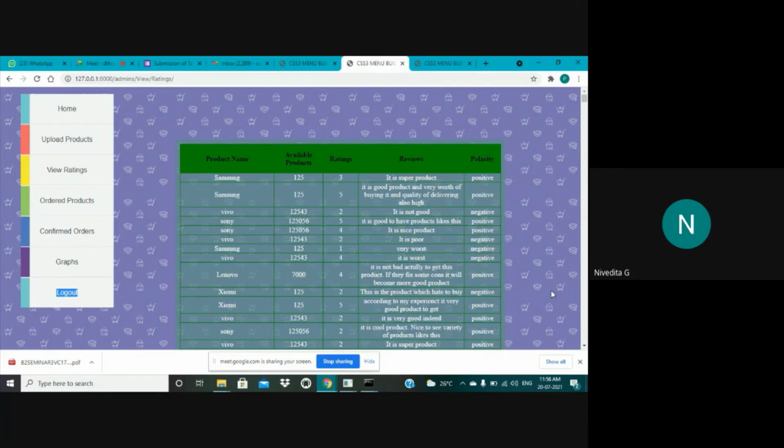We'll take one example, a Lenovo product. If we observe the review, it is a neutral review. If we read it, we will understand: it is not bad, actually, and if we fix some problems in it, it will be a good product. This is what the user wants to say, and it is neither a bad review nor a positive one. So we can make it neutral, and a neutral review can't be made a negative one, because sometimes neutral reviews may also help convince some users to buy that product. So we are considering it as a positive one.